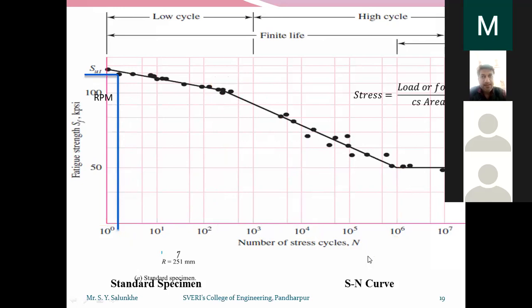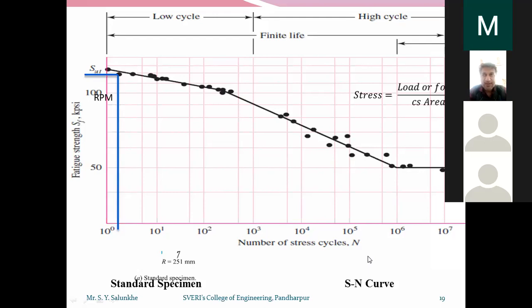Sir, my question is that the SN curve is only used for design of rotating components? We cannot say that the SN curve is used to design only rotating components. It is used to calculate the endurance limit, and later on we can use this value of endurance limit for designing any component which is not undergoing the completely reversed cycle or rotating type of functioning.